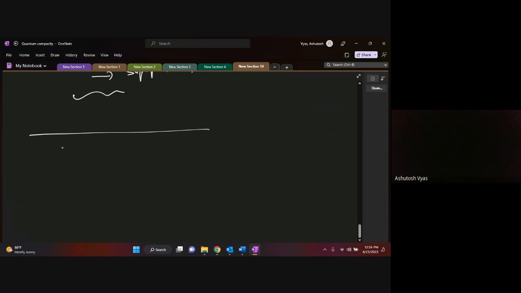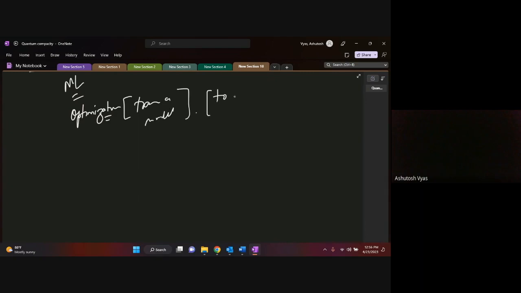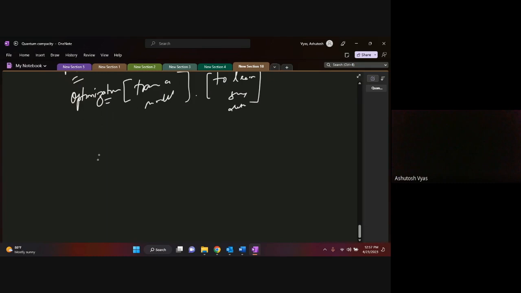Now, having said that, let me quickly give you a very quick review of how we use all these quantum circuits and this theory from a machine learning perspective. For machine learning operations, we all know it's basically optimization. Any machine learning algorithm is a mechanism of performing some type of optimization to train a particular model to learn some data.